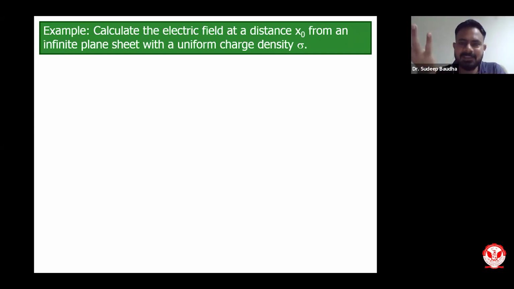See, we have a disc. Instead of integrating it from 0 to R, if I integrate it from 0 to infinity, it becomes infinite in nature. That's all we have to do. Instead of integrating the disc from 0 to R, if I integrate it from 0 to infinity, it becomes an infinite plane sheet. That's it. And it hardly matters whether it's a circular disc or a rectangular disc because it will be infinite in nature. So I will just give you the calculations.